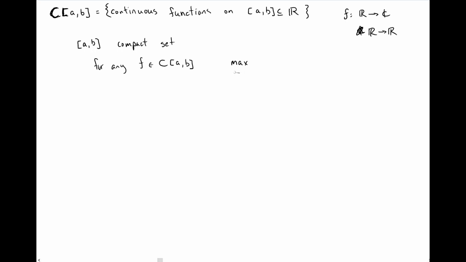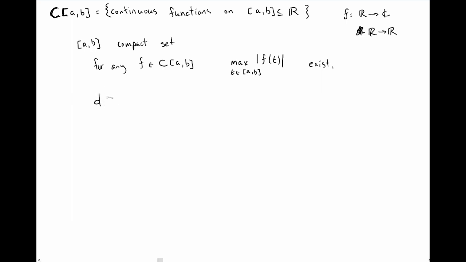So for t in [a, b], the maximum over t exists and is obtained. So we have that value, and we can define a metric on